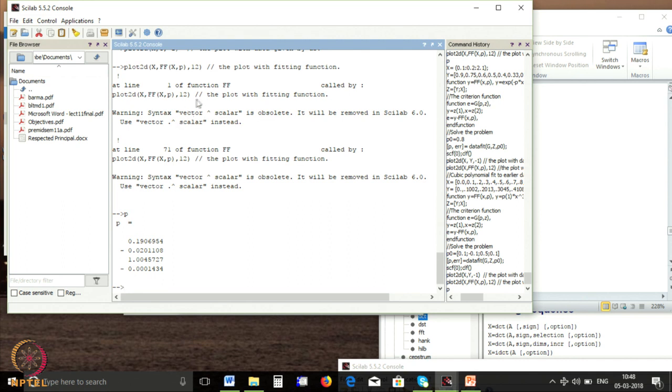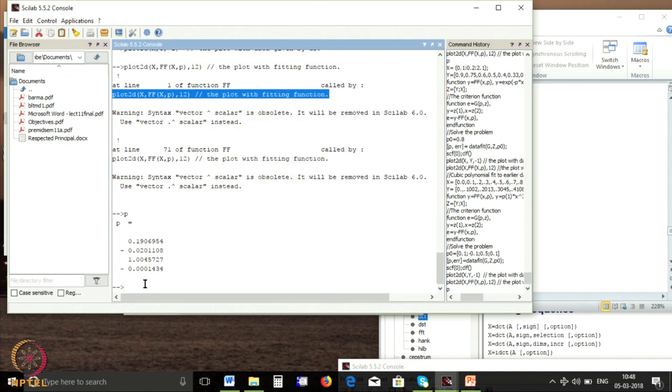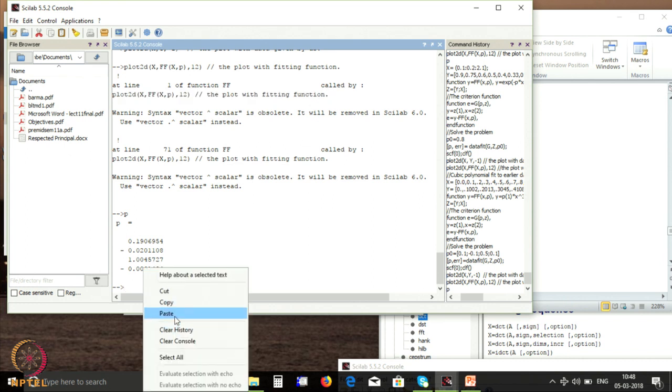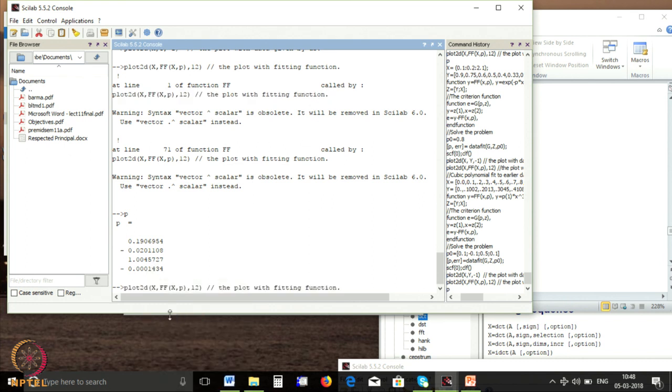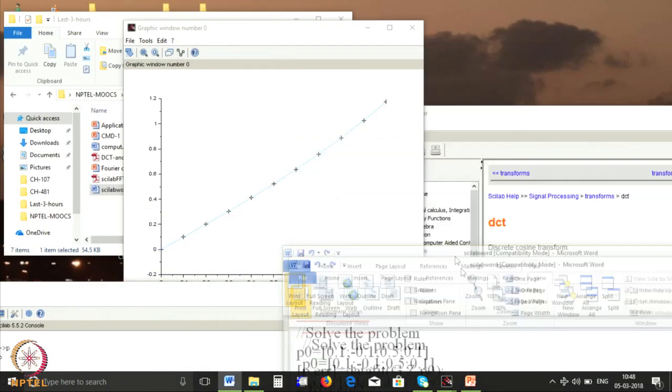Let me try this plot again. I still do not know why it did not plot. It should have plotted my fitted function. So, I shall copy and see whether it will plot it. If it has not plotted, the plot will be somewhere on the screen. Okay, let me see.